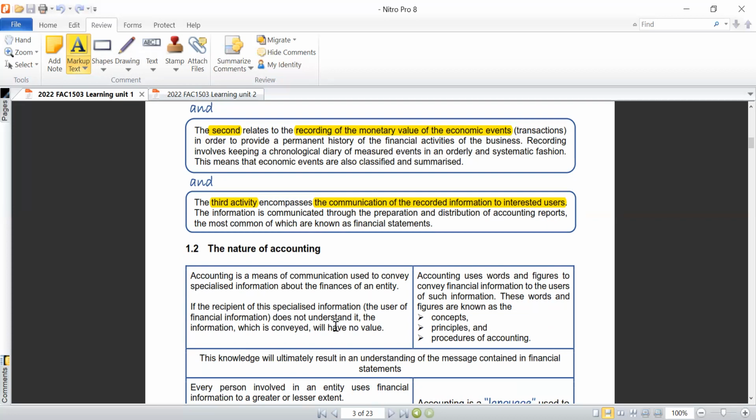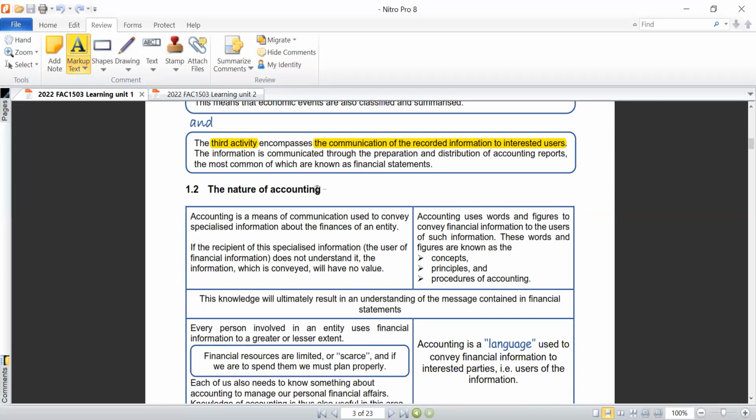So what is the nature of accounting? When you talk about the nature of accounting, we're talking about key features or attributes that seem to suggest that, okay, this has to do with accounting related events.